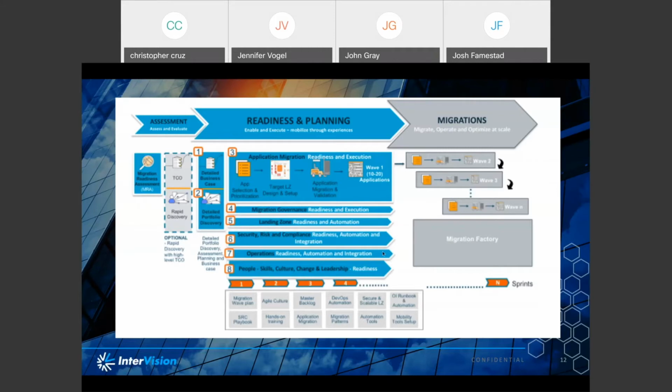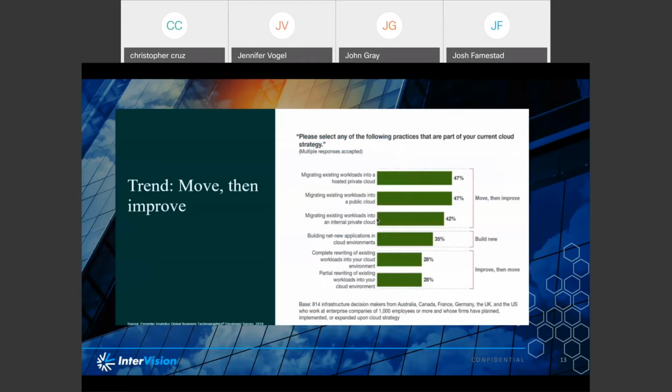So what we're seeing is the approach is changing somewhat. Early on, a few years back, we were seeing organizations just dump a wheelbarrow load of applications and workloads into the cloud following a straightforward lift and shift approach, rehosting, and then not doing much with them. And that led to overruns in costs and performance issues. So the approach we're seeing now, which Forrester has given the tag of move, then improve, is the approach that is most common and attainable, to be honest.